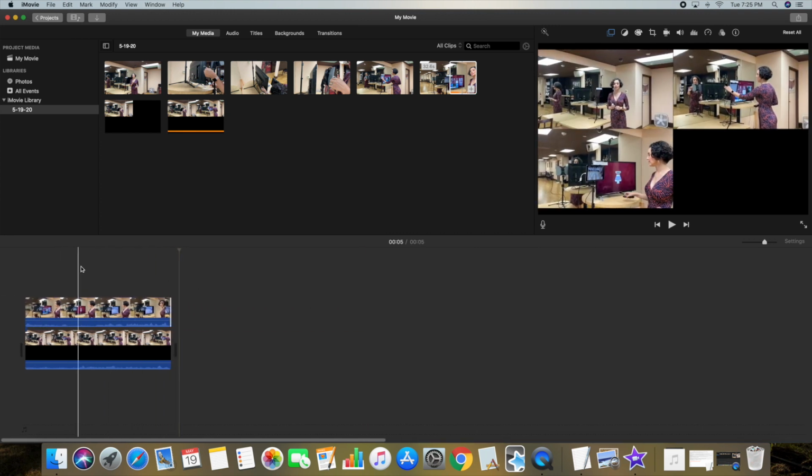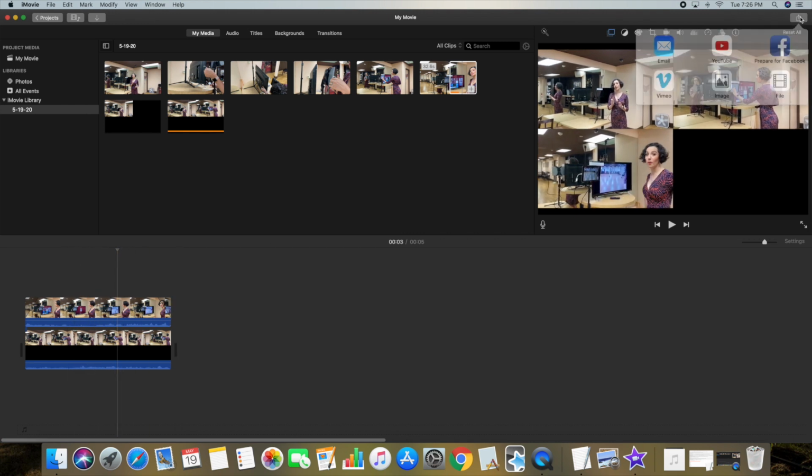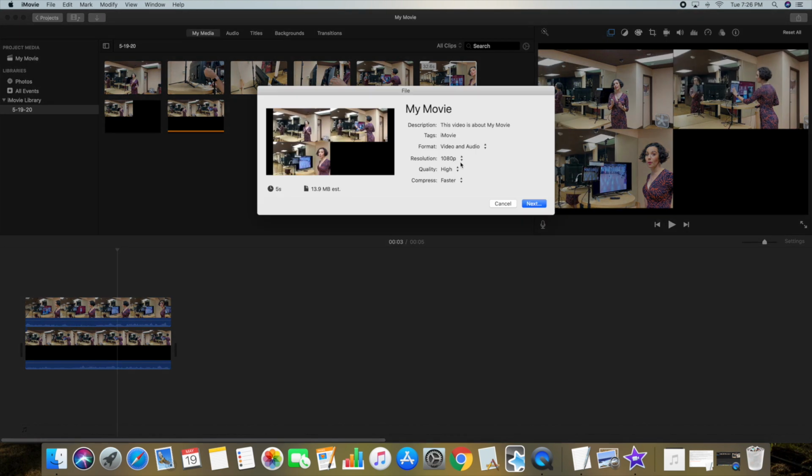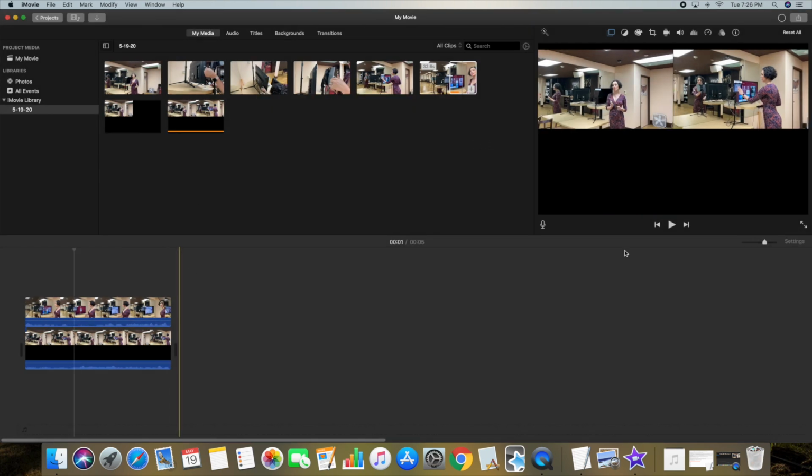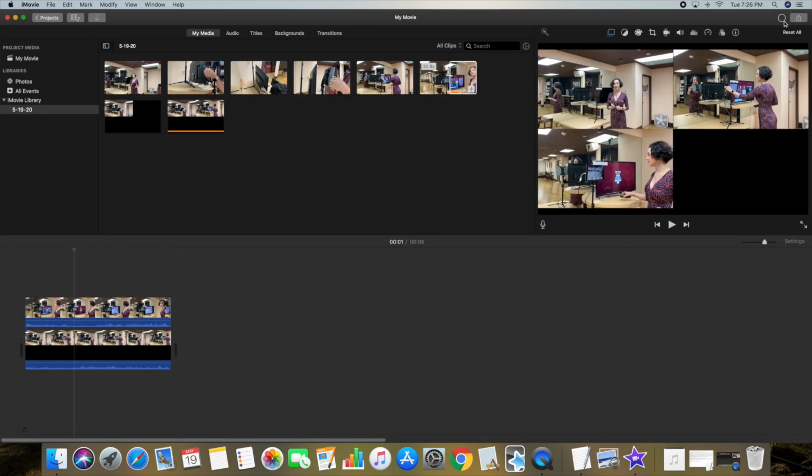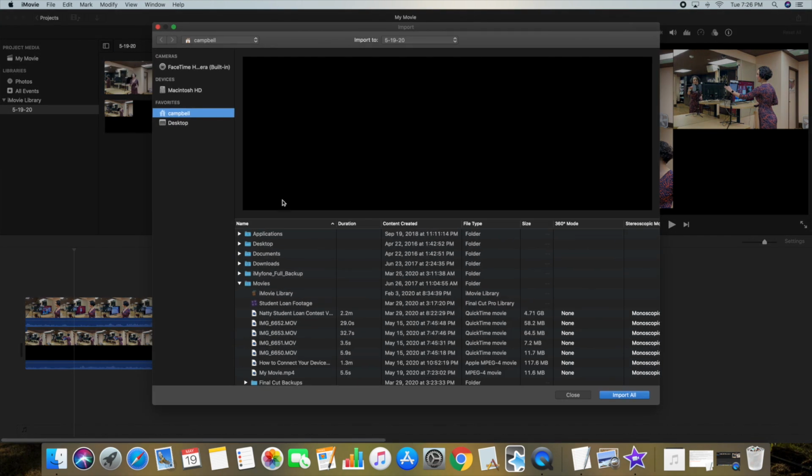So now when I put the little scroll thing over there, it shows up the third one. So I'm going to do that one more time. I'm going to export it, and I'm going to call it My Movie 3. It does have 3 images, so I guess that makes sense. It's going to export again in this top little right-hand corner. It is done. And then I'm going to import My Movie 3